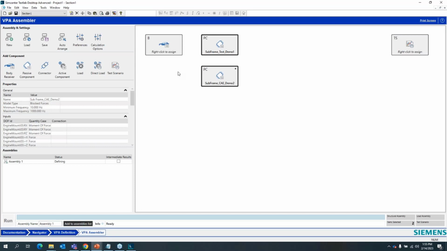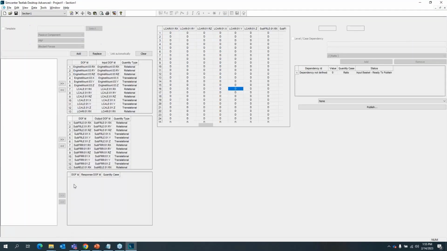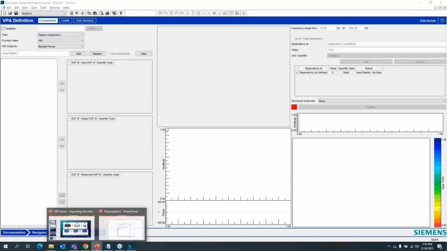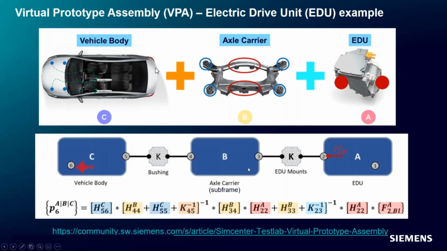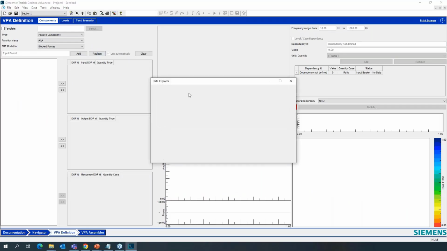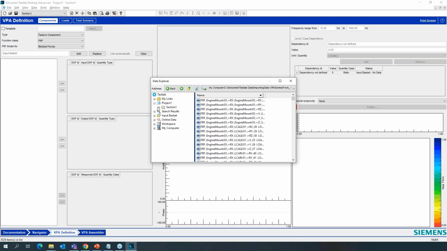So I showed you the example of this structural vibration kind of data, but then if I have some acoustic type of data, like transfer functions between body and receiver, let's say, so that will mean going from 2 to 6 from the EDU to the vehicle body. I have a set of FRFs for that, so we can take a look at that, and I'm going to put that in here also. So I have this. This is acoustic FRFs. So output is pressure, input is volume acceleration.